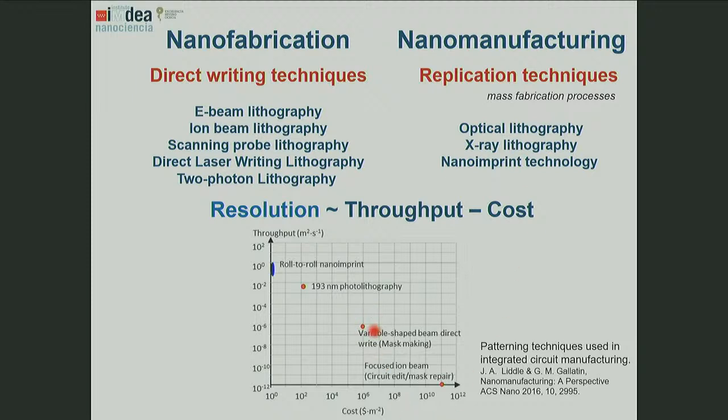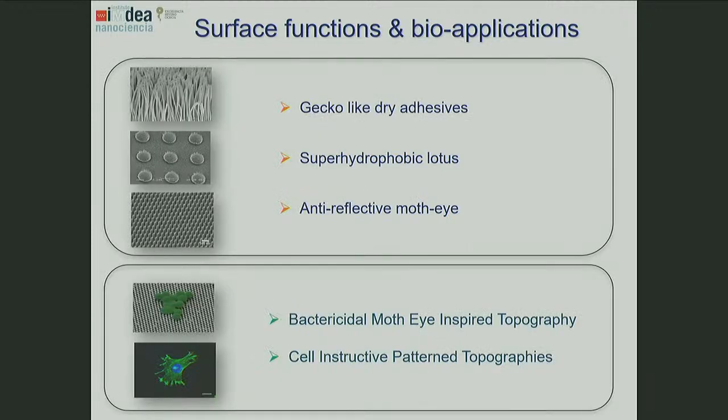So this is a graph where, for high resolution techniques, if you want to have very high throughput and low cost, then nano-imprint lithography in the format of roll-to-roll is one suitable technology. So that's one of our drivers to do nano-imprint lithography, because we hope that it can actually be applied to real products. Okay, so I will give you some examples of biomimetic materials that we have made in the past